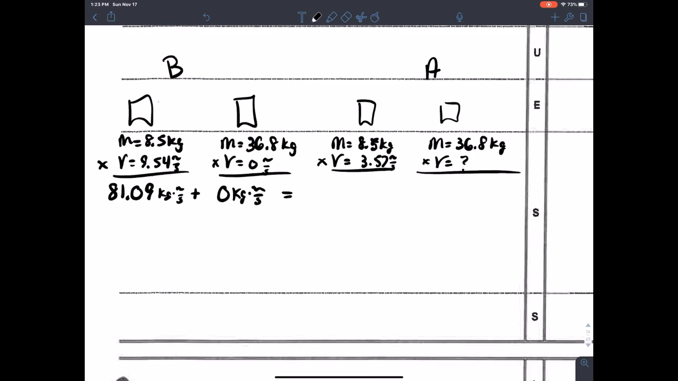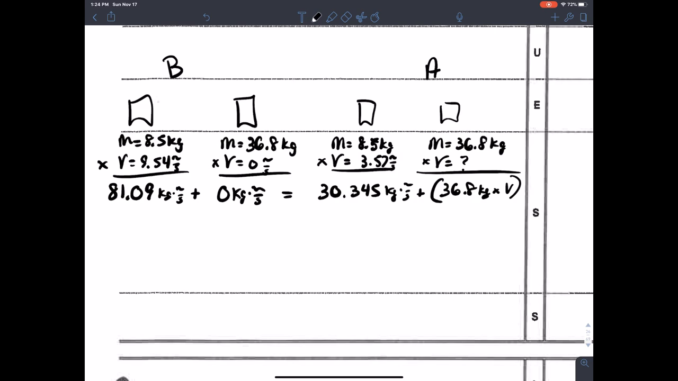That has to equal your momentum afterwards. So if you have your 8.5 kilogram cart moving at 3.57 meter per second, it would have a momentum of 30.345 kilogram meter per second. And we have no idea what the velocity is going to be for this other one right here. So we'll take your 81.09, subtract your 30.345, divide by